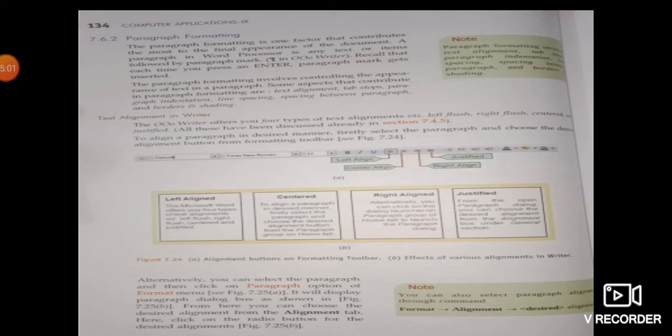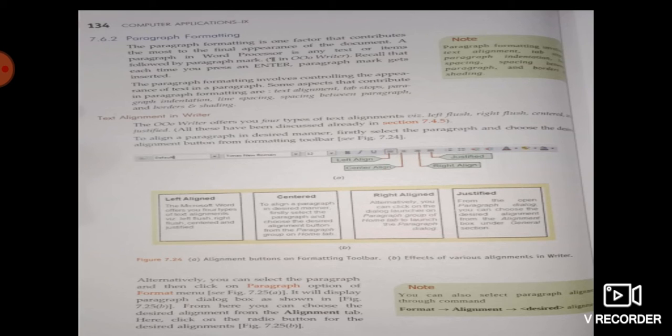So basically we align the text only. Okay, so the same types of alignment are there, like we can align the text in a paragraph left, which aligns the text from the starting of the left margin, and if we align it center, to align a paragraph in the center in a desired manner, first we have to select the paragraph and then we will choose the center alignment option from this standard formatting toolbar. Okay, and we can arrange the text.